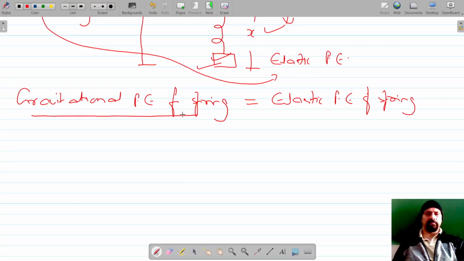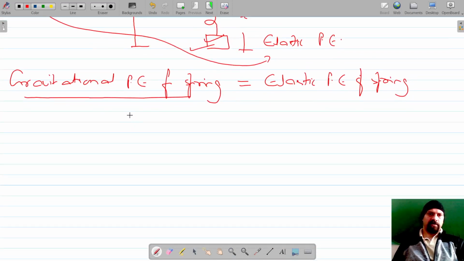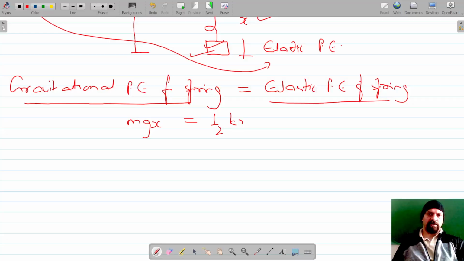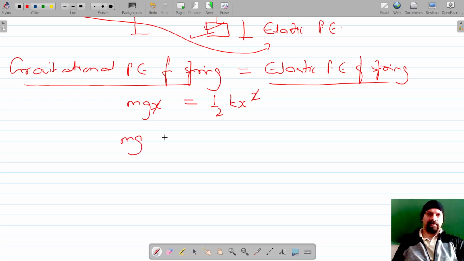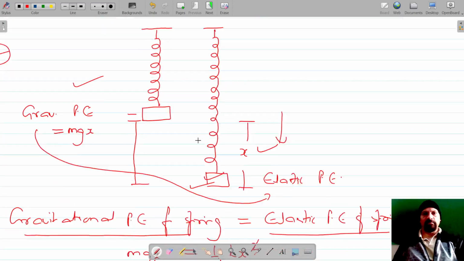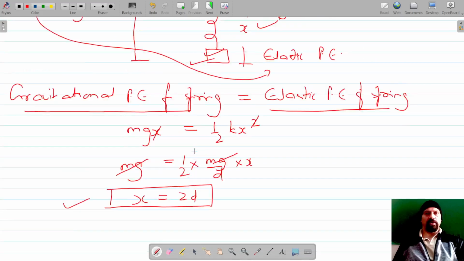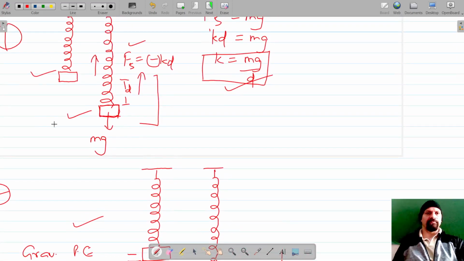Now the gravitational potential energy is at a height x by which this spring stretches. So it is mgx, and the elastic potential energy of the spring is given by half kx squared. Now one x gets cancelled, and we know the value of k, which is mg by d. Now mg and mg we can strike out, which gives us the distance by which this spring stretches when the object is allowed to fall freely is 2 times the original distance